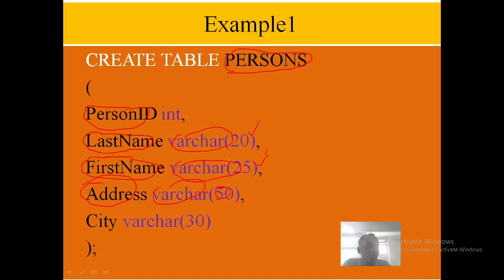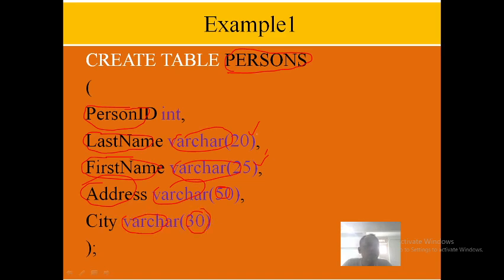Whenever varchar is there, you have to specify the length. 20 is the length of the last name, 25 is the length of the first name and 50 is the length of the address. And the city, the name of the city where that person is living, is also of type varchar and the size is 30.